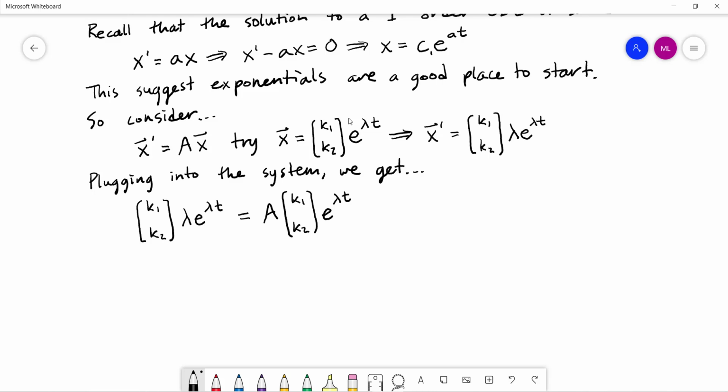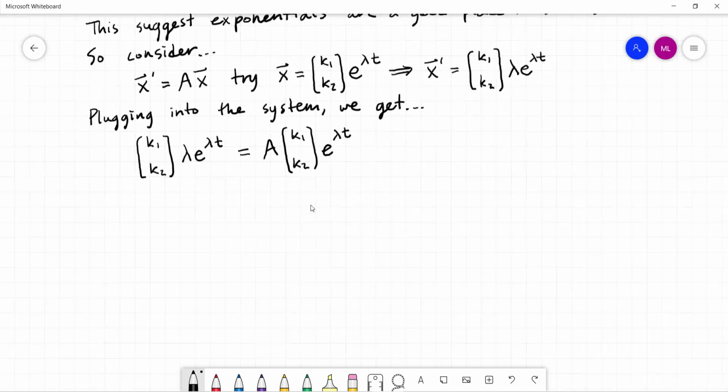Okay, so this is what it looks like so far. Let's try to rearrange things. Let's move everything over to one side of the equal sign. So I'm going to do that by subtracting this term over to that side. And what we'd wind up with is basically A times our k1, k2, e to the lambda t, minus, and again, this is the term we're subtracting from both sides, so minus,